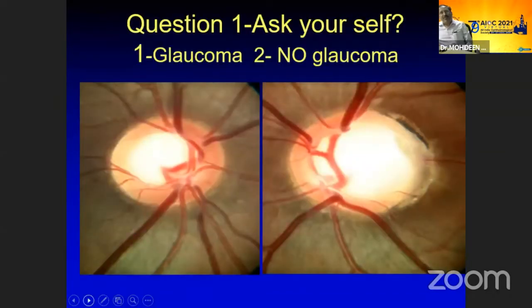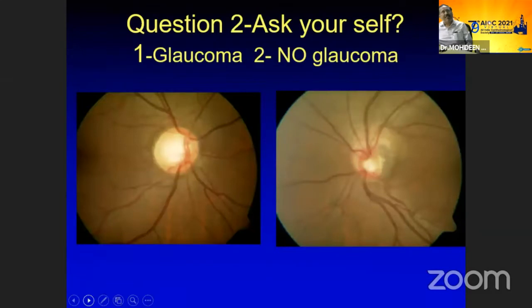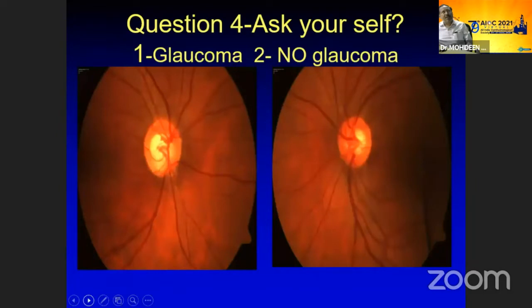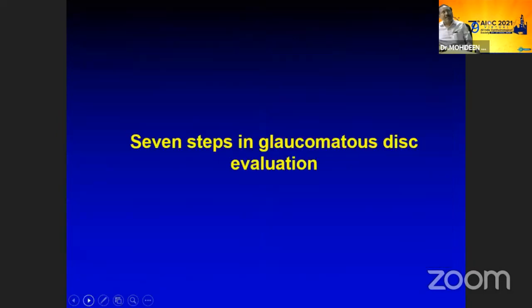I have a few discs to show, to say whether it is glaucoma or not. This is the right and left eye of the patient. It's not a stereoscopic picture, only a two-dimensional picture. Sometimes you can dim your room light to get a much better view of this disc. This is glaucoma. I've given a few examples.